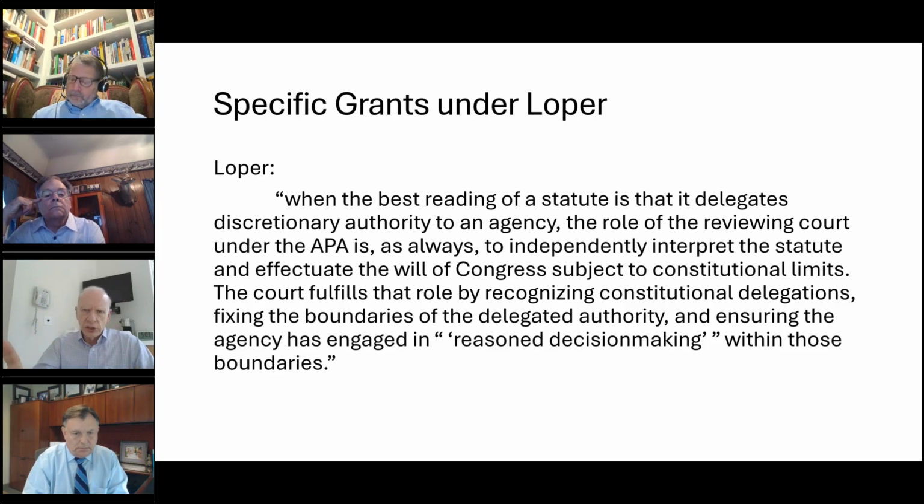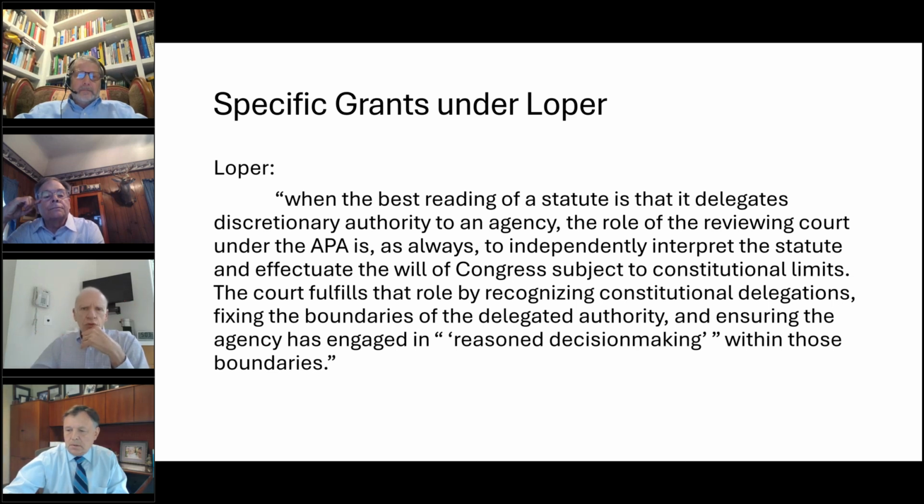to the agency. So I think a threshold question for practitioners, if you're thinking about challenging the validity of a regulation, is to determine at the outset, what kind of reg do I have here? Do I have a regulation that's just a normal 7805 regulation, or do I have a regulation that's issued under a specific grant like the one I showed you in 469? And believe it or not, there are a number of these specific grants in the code. And so I think it's very important.